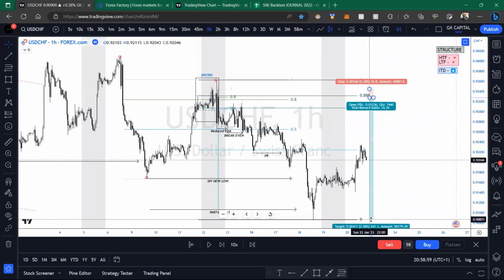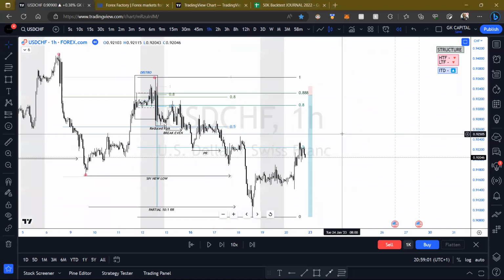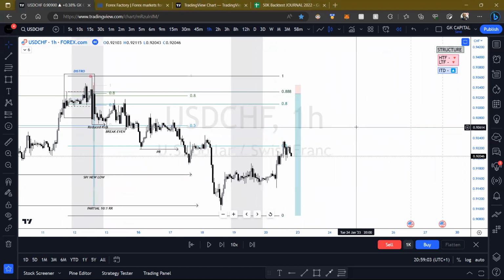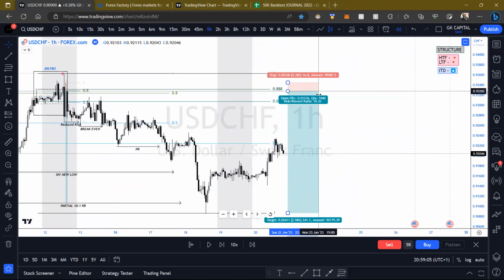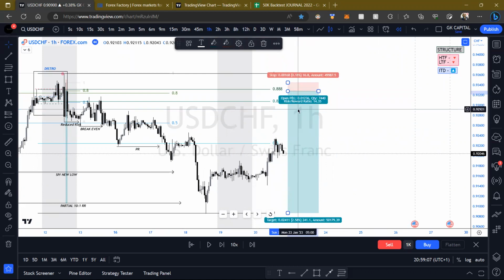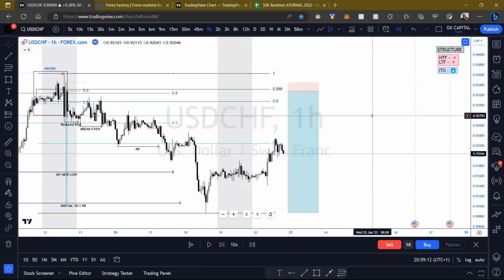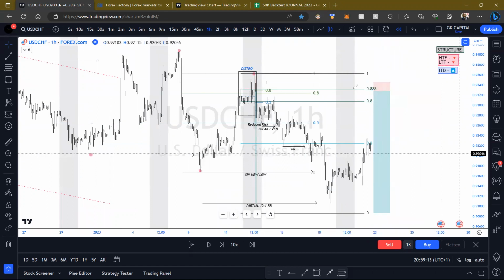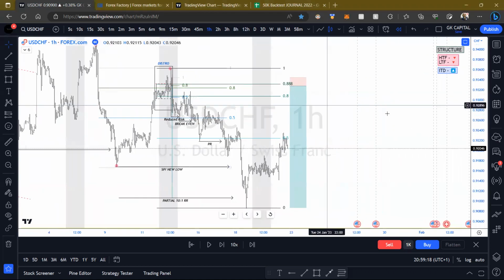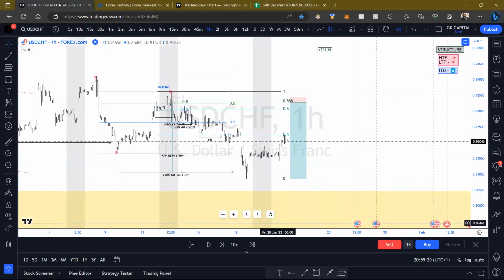And then again, I'll be looking firstly to make that new low. That's already a 10 to 1, more than 10 to 1. So I'm happy to place a limit in there. I'll be increasing my risk now because I don't have any other risk to 0.05. Okay, 0.05, and then I'll be looking for distro in here with another 0.05. Okay, so let's see.